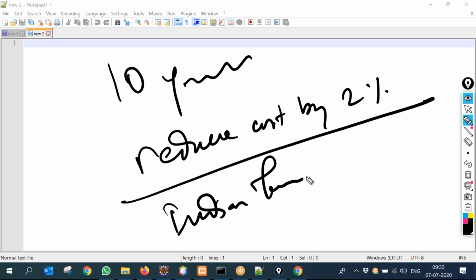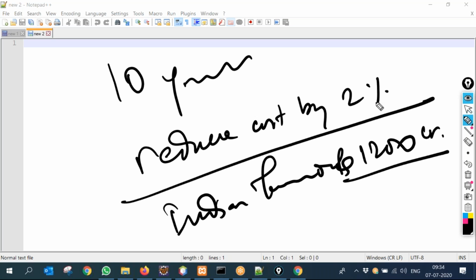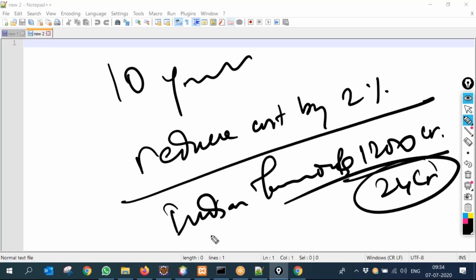Indian turnover is 1200 crores. If they do 2%, 24 crore they are saving every month, only from Indian operation. And 90% of their market is export market. So you can understand how much saving we are talking about. This is the potential of a simple model.